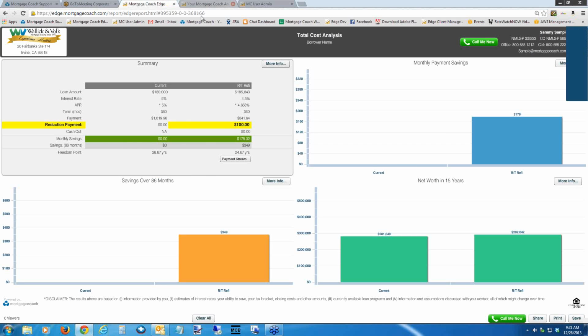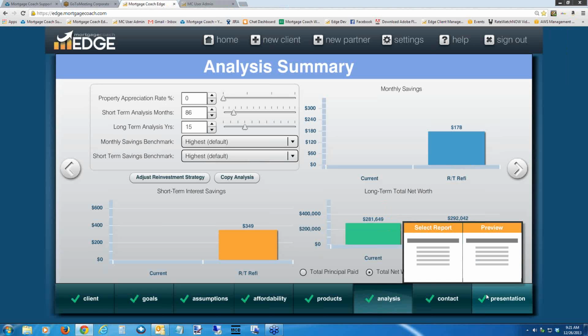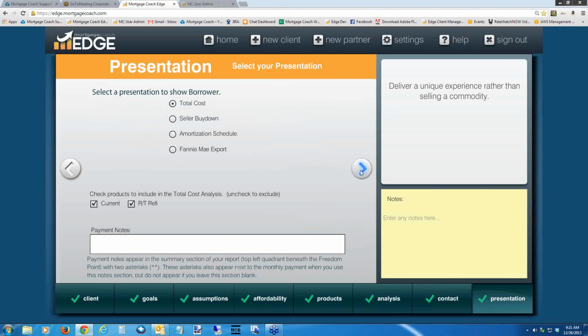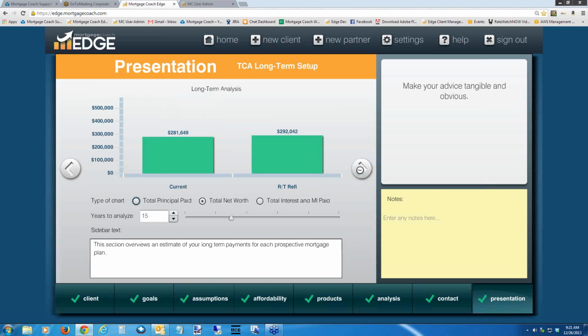So what I did, and let me repeat that one more time for you, is anytime you go to your presentation screen, when you select your total cost and then run through the screens, the last screen you have is to generate an edge link. Now part of doing that,